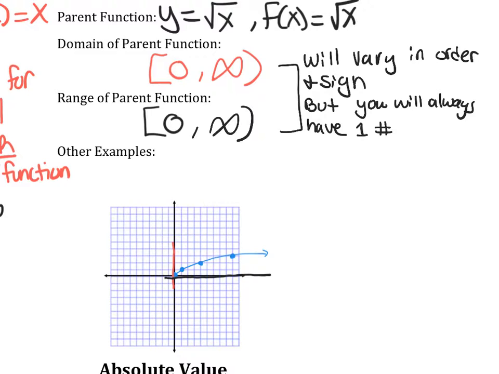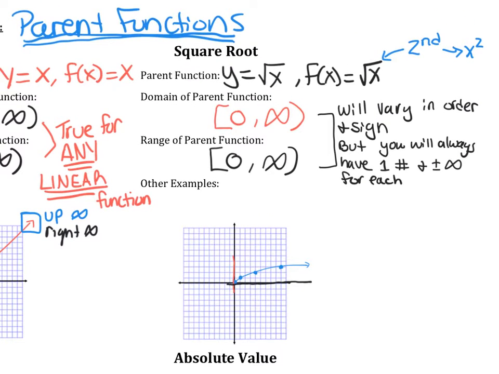So you will always have one number and either a positive or negative infinity for each. So your domain and range will each have a number and an infinity. Just the order and the signs that they all come in will vary with the different equations that we're dealing with. Okay, so you have to be able to identify square root graphs. So it's kind of that little arch